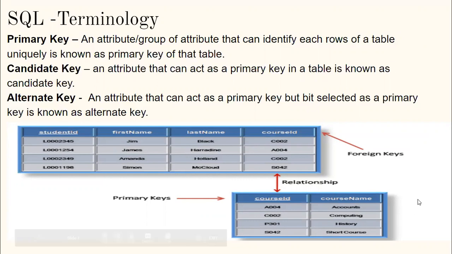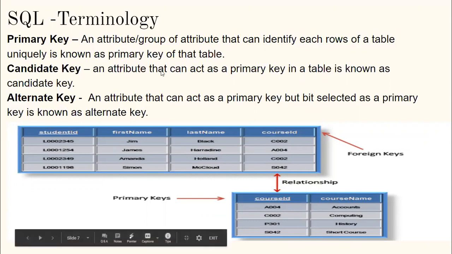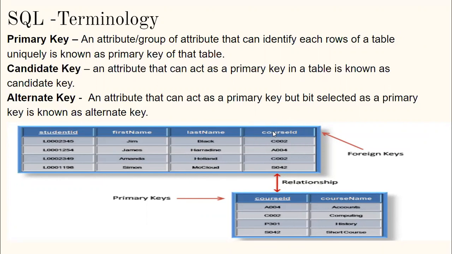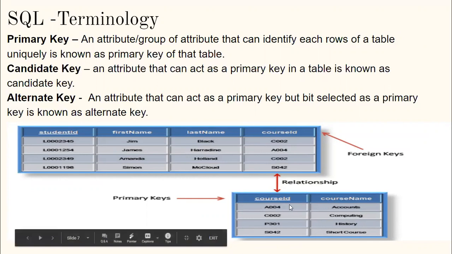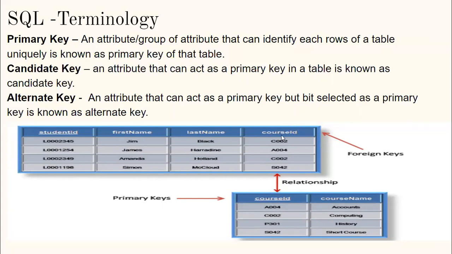Then the next one is a foreign key. Here we have a student table and one more table, course. Here course ID and course name are there. Now see here, in the student table also we have a column called course ID. In this particular course table, the course ID is a primary key. So it has to be defined somewhere as the primary key. Then that particular column you can use in another table as a foreign key. Detailing we will study in the coming videos. This is just the terminology.